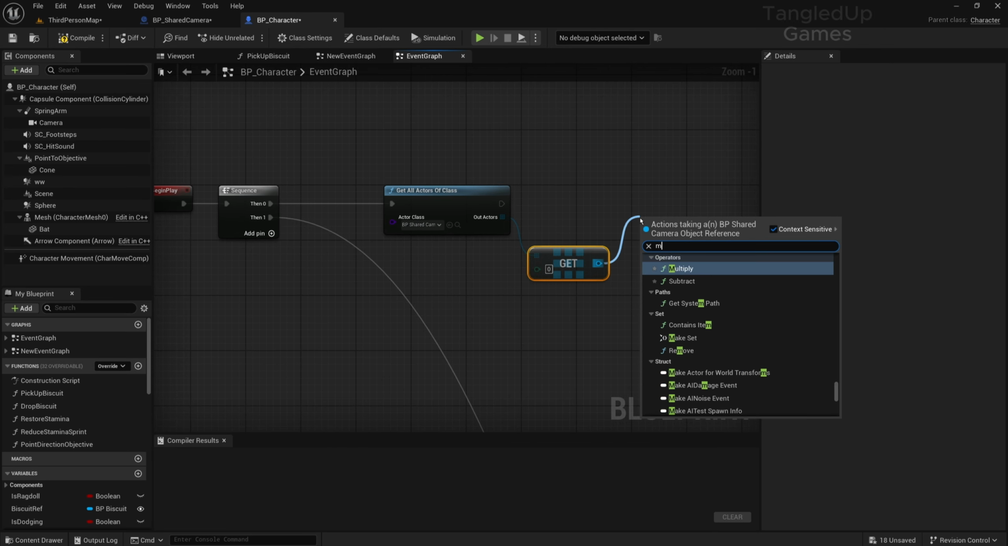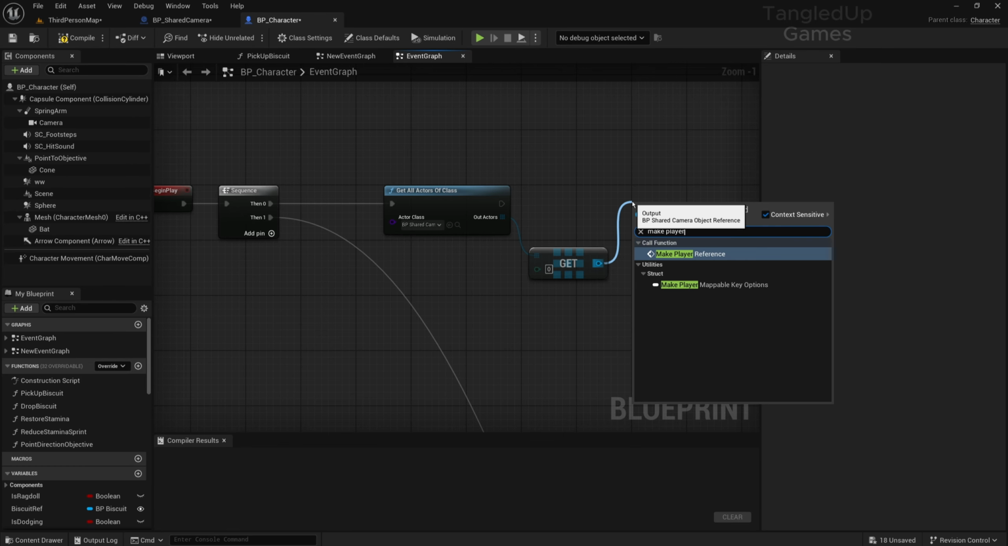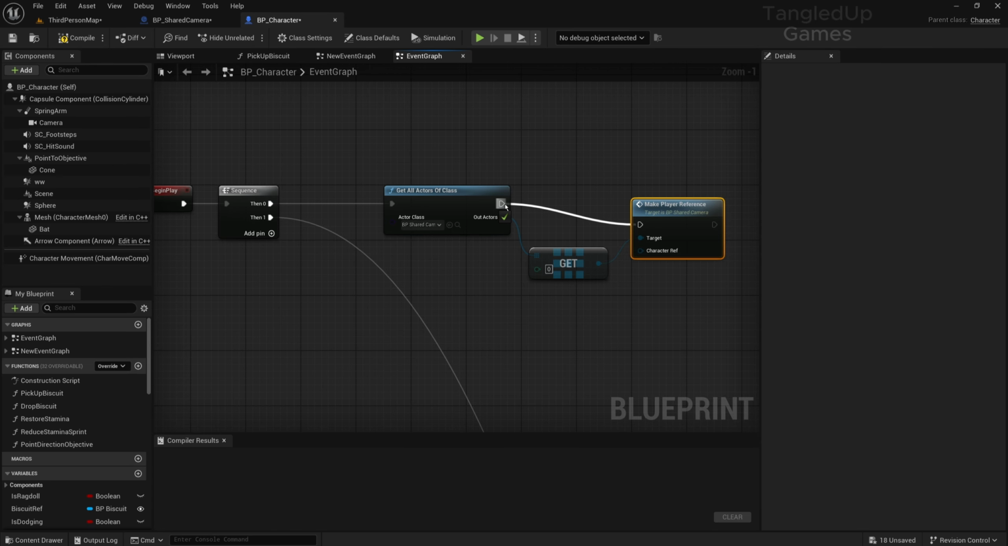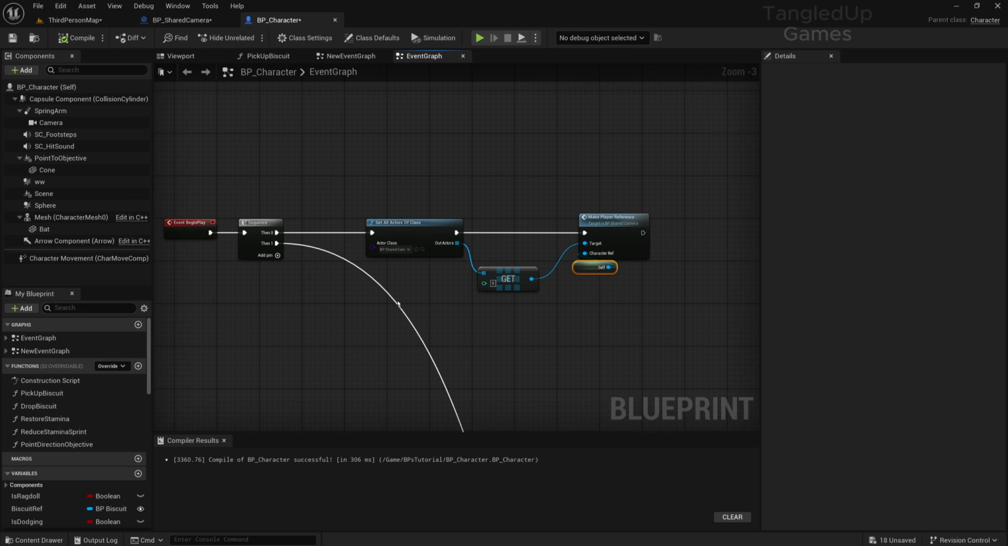And from here we'll be calling from the camera make player reference. We'll connect it to get all actors of class, execute, and then here from character reference we'll make a self. Now to spawn a second player,